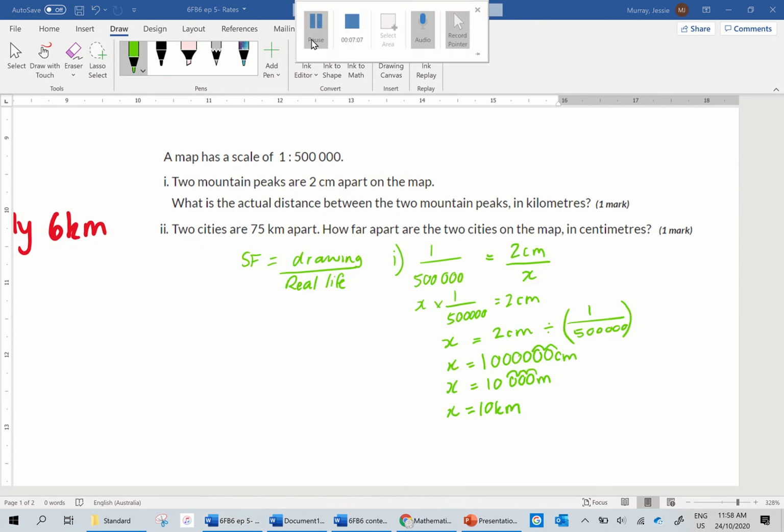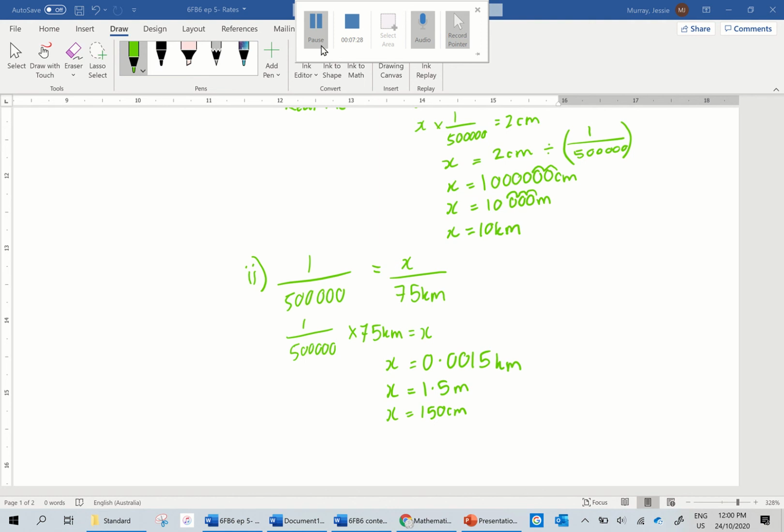So for part 1, this is what I got. If you got that, well done. So let's just quickly recap what we did. Started with our formula, filled into the formula, x was on the bottom, so then it was just how I rearranged. I got my answer in centimeters, so I then turned it to meters, to then turn it to kilometers, okay? All right, part 2. There's our answer. So again, filling it in, this time x is on the top, rearranging, get your answer in kilometers, then go to meters, then go to centimeters. And these questions are